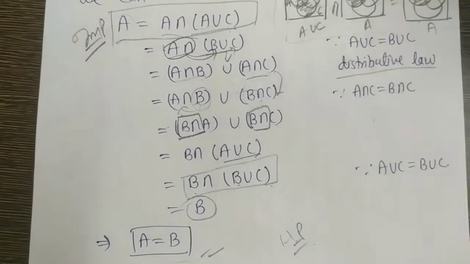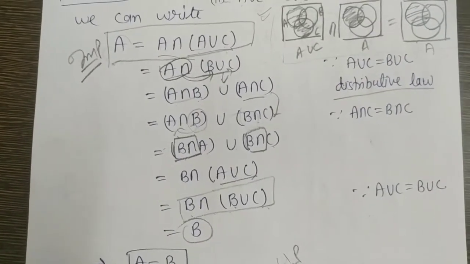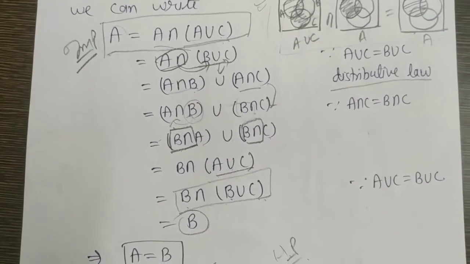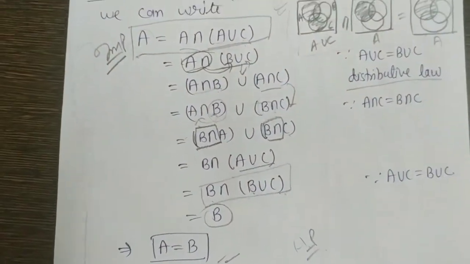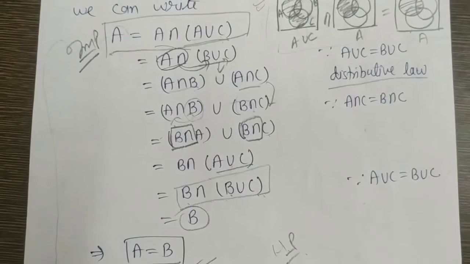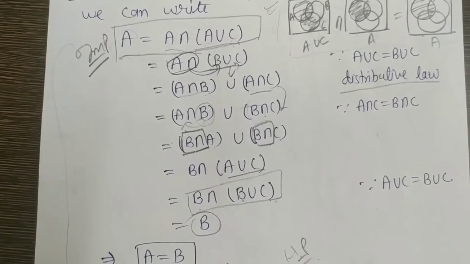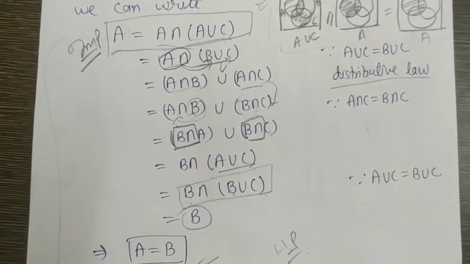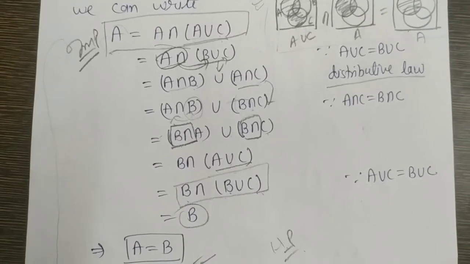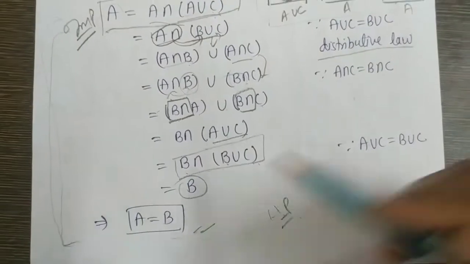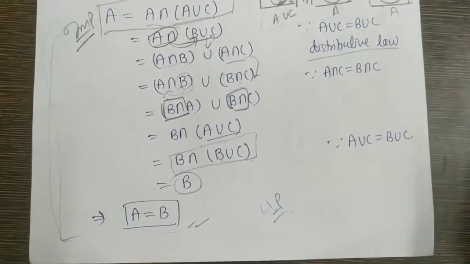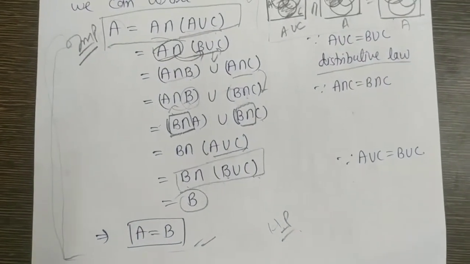I think you have found that the Venn diagram method is much easier than the theoretical part. But if in the question it is written that solve this property or prove this condition using the properties and definition of sets, then you will have to go with the theoretical method. Otherwise, you can solve any kind of problem using Venn diagram.